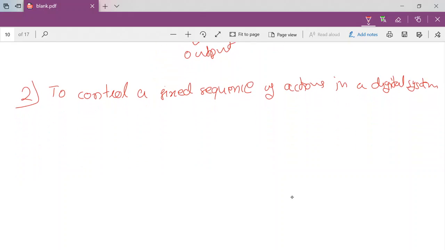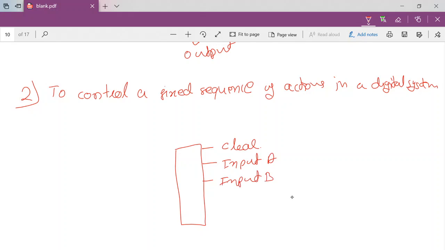First of all, let me discuss the scenario. The first action is clear. The next action is input A. The next action is input B. The next action is, let's say, compute something.